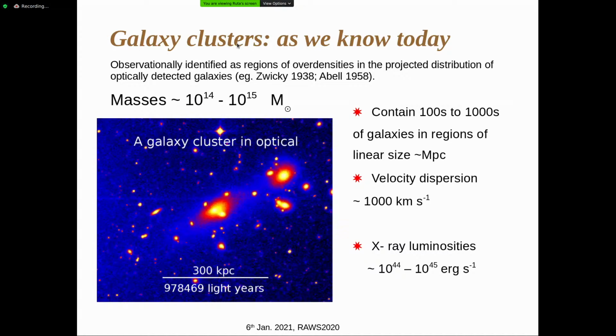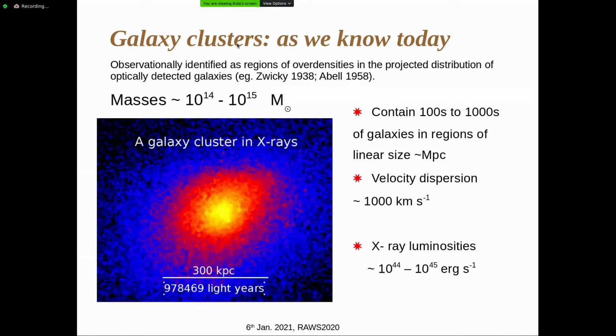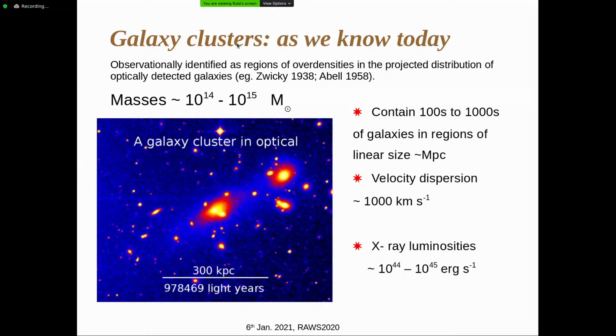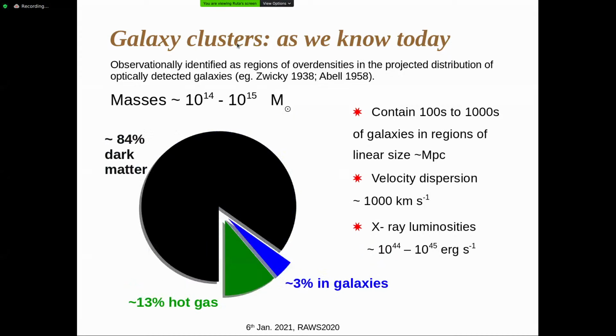So the different bands actually give us a very different picture of the galaxy cluster, and all these together help us understand this physical system. What we also know is that most of this mass, whatever this 10 to 14 to 10 to 15 solar masses that one galaxy cluster contains, is actually dark matter, and only about 10 to 15% is actually baryonic matter.